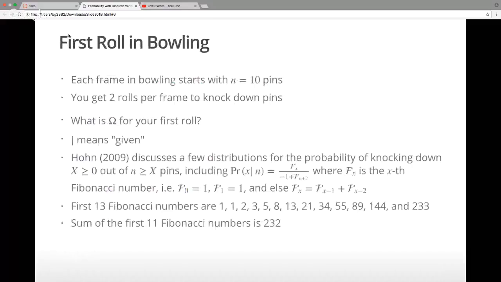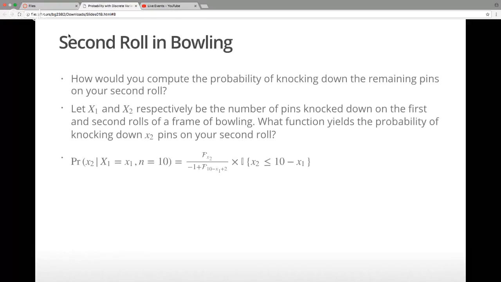So what would it be in terms of this? Probability of x2 given n minus x1. Right. So we would put the x2 Fibonacci number in the numerator, and we put -1 plus the Fibonacci number corresponding to 10 minus x1 plus 2 in the denominator there. All right. So that is given by this, but there's an additional consideration that we have to take into account,